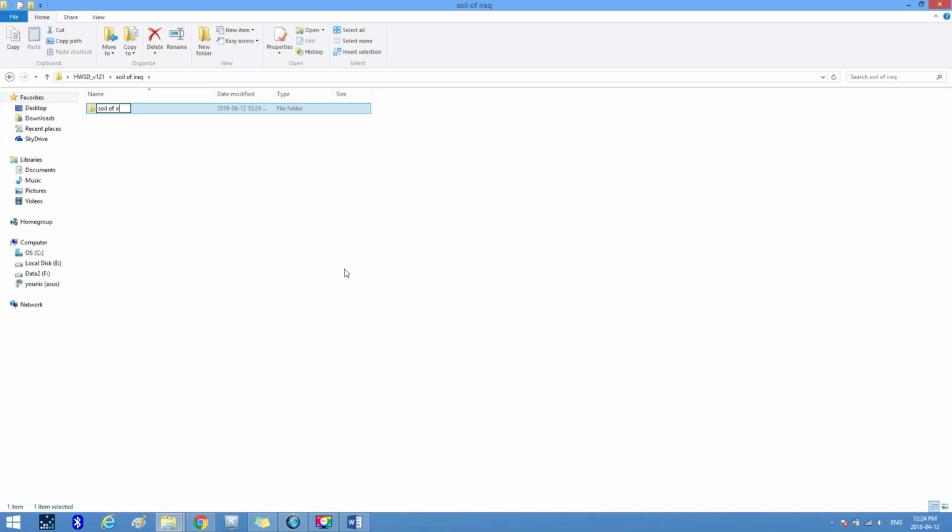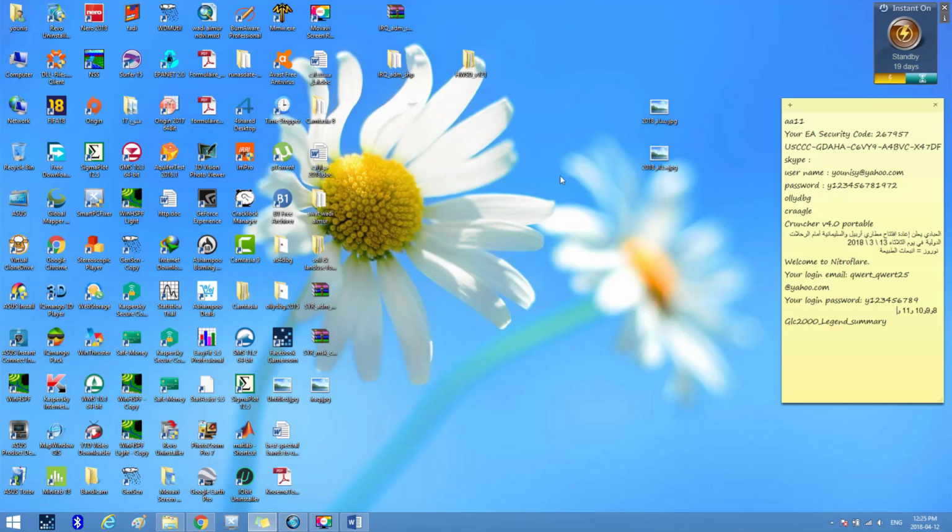Soil of Iraq classified. Then we go back to the desktop. Then we cut the image of Iraq, the map of Iraq with the heading Soil of Iraq UTM,